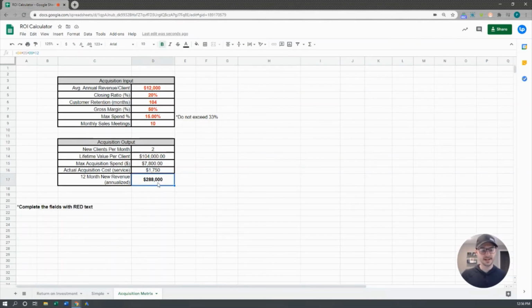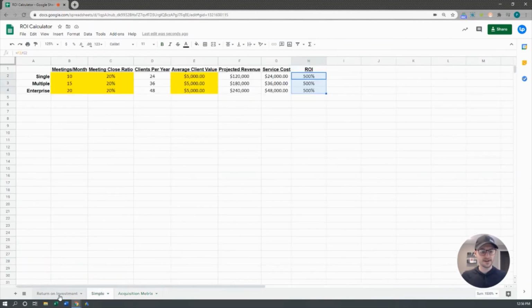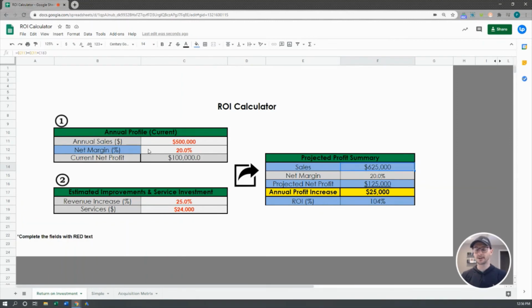And essentially it's going to show what the new annualized revenue is going to be over a 12-month period on a month-by-month basis, which kind of helps, again, justify your expenditures for your marketing or lead gen service. You could also add a projected ROI and stuff like that in here. So it's pretty flexible. But these 3 different tools I've used in a lot of different sales settings